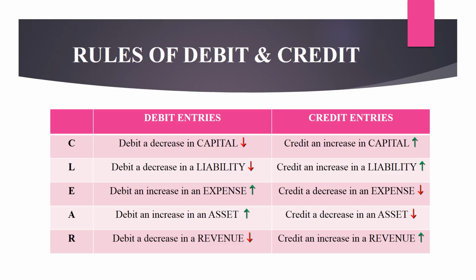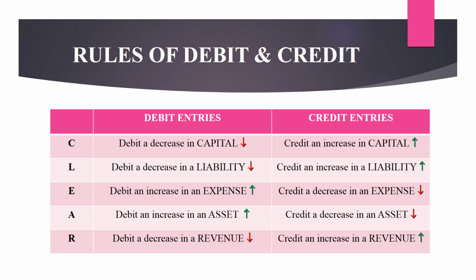Next is your asset. Increase in asset will be recorded on the debit side and decrease in asset will be recorded on the credit side. Okay, and last is your revenue. So increase in revenue will be recorded on the credit side and decrease in revenue will be recorded on the debit side. So these rules are very important